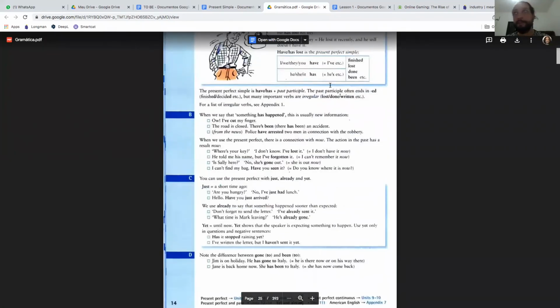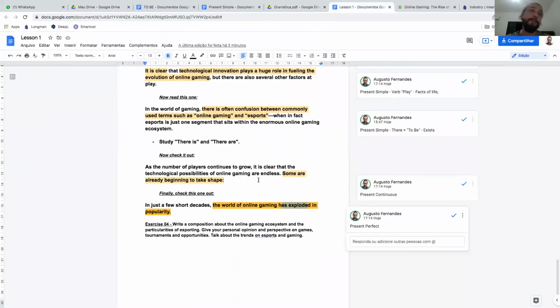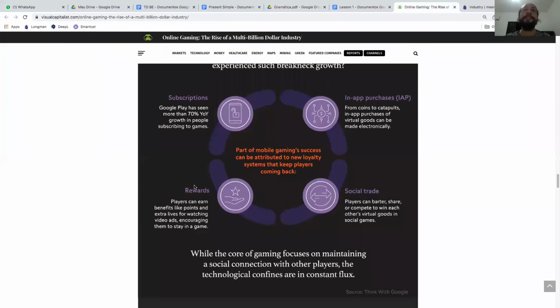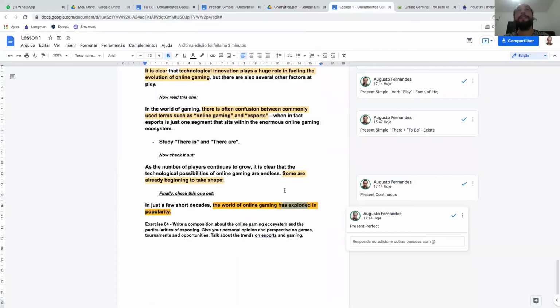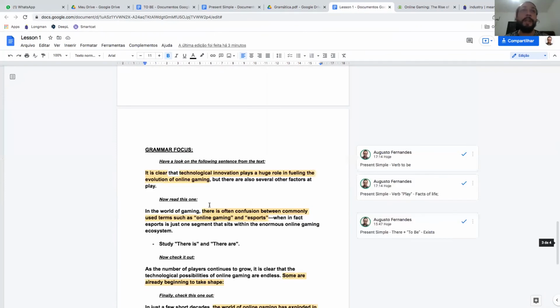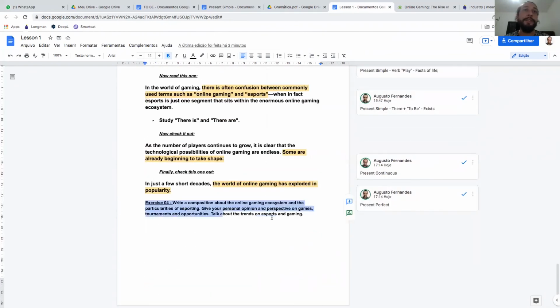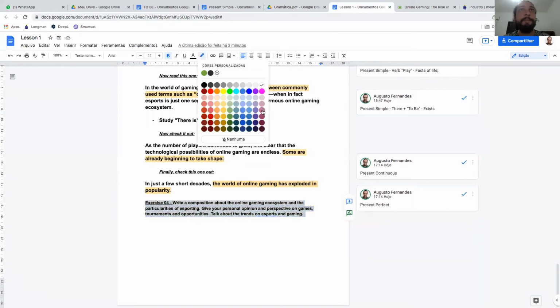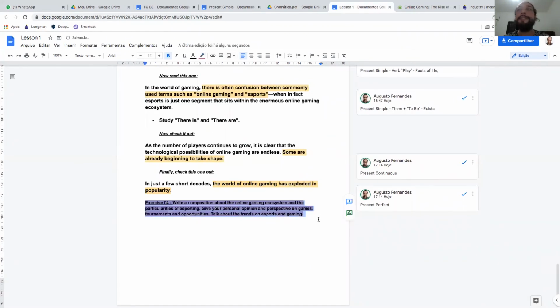So with all these resources, you are going to be completely able to understand the text here, and you are going to be completely able to answer these questions here on exercise 3 and proceed in the end to exercise 4, which is the most important one. Yeah, I've been preparing you for this exercise, so please do it. Yeah. Write a composition. Oh, sorry, it's too dark.